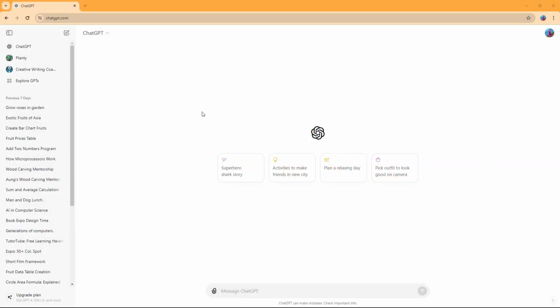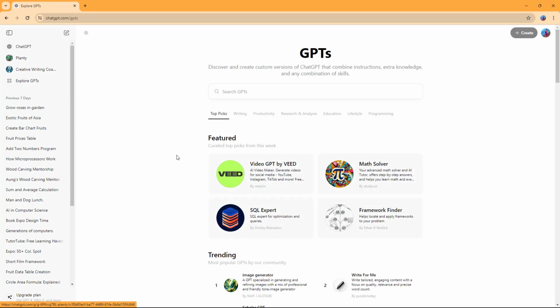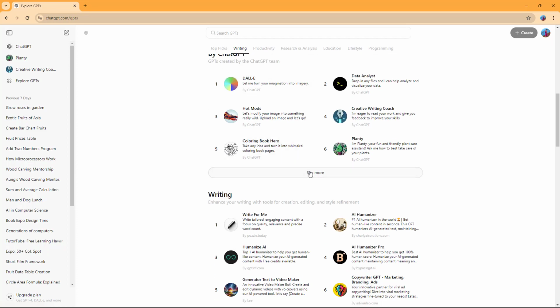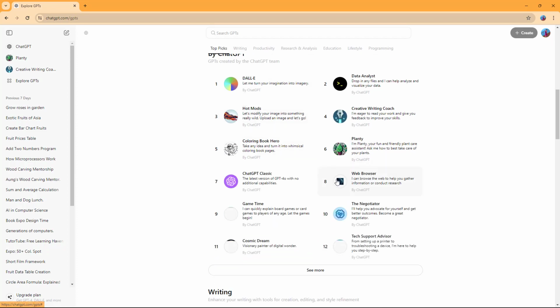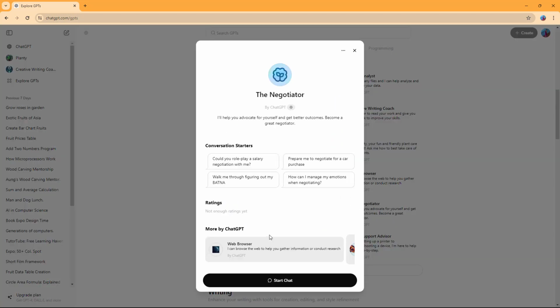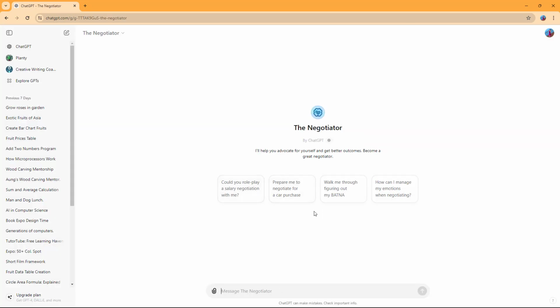So what you can also do is utilize the Negotiator plugin inside of ChatGPT to generate negotiations as per how you like. To do that, you need to go to Explore GPTs right here, and under By ChatGPT, if you expand, you can see that Negotiator is an option. It says, "I'll help you advocate for yourself and get a better outcome, become a great negotiator," as you can see right here. If I click on Start Chat, you can see the type